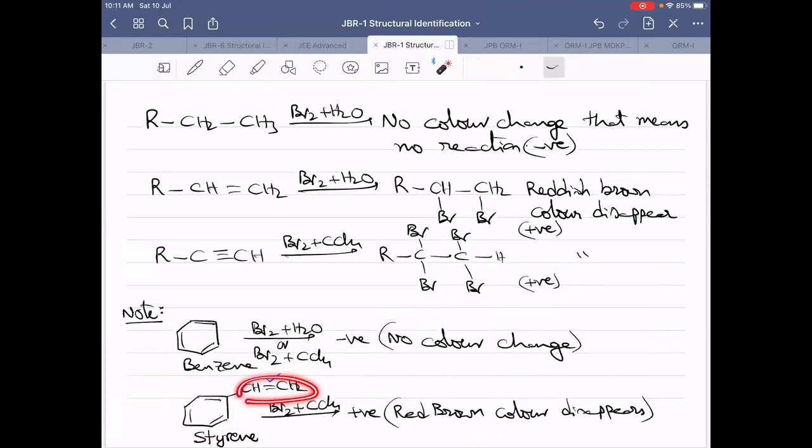This is the same as an alkene, so it can react. And this will not react, same as this one. But at least if some part of the reactant molecule, from the overall molecule, is reacting, it means the whole molecule will show the result. Understanding? Therefore, you will get a positive result.